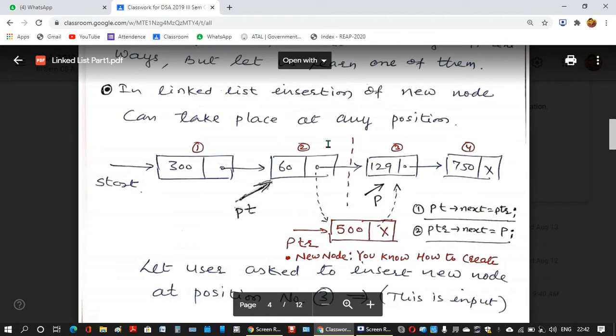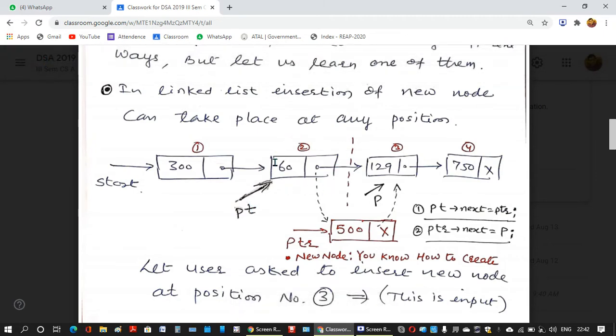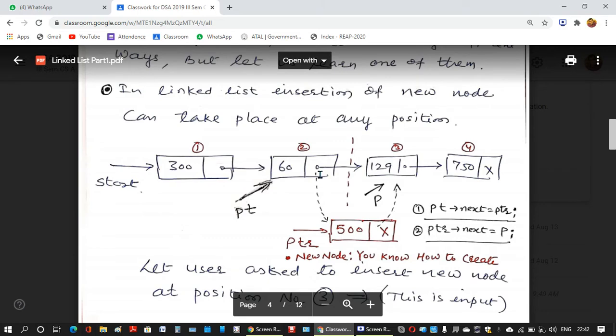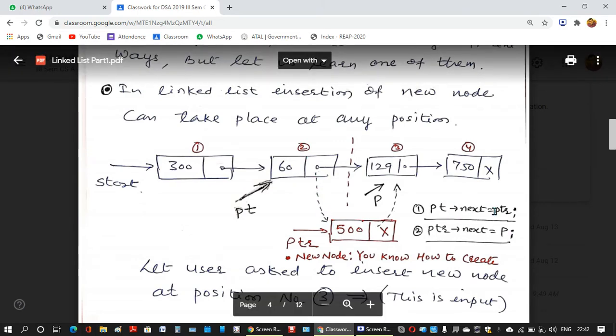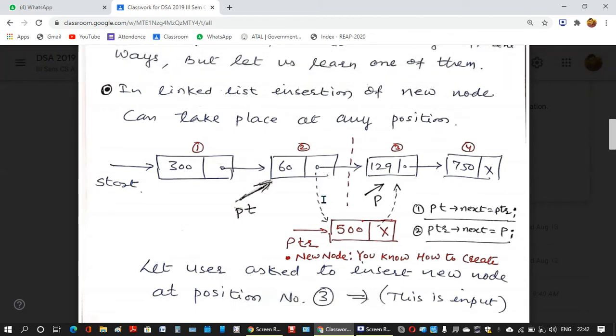It means PT is this complete node and PT next means this portion where the address is stored. So PT next equals to PTR.